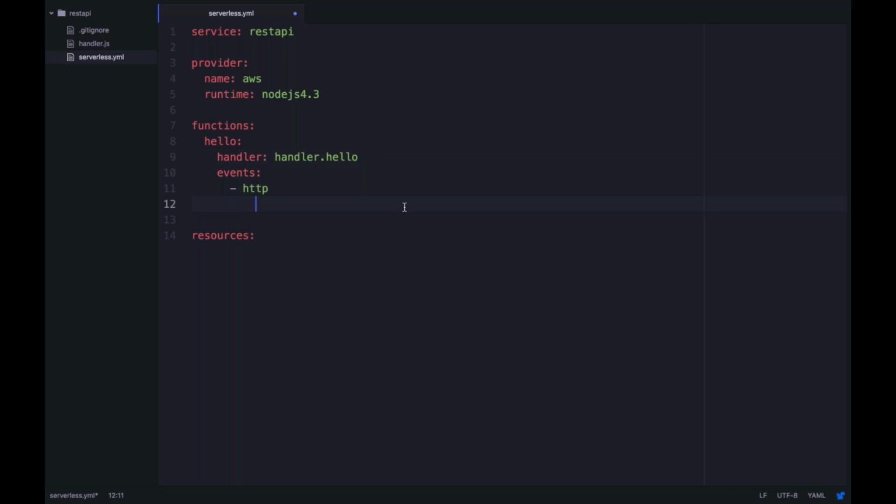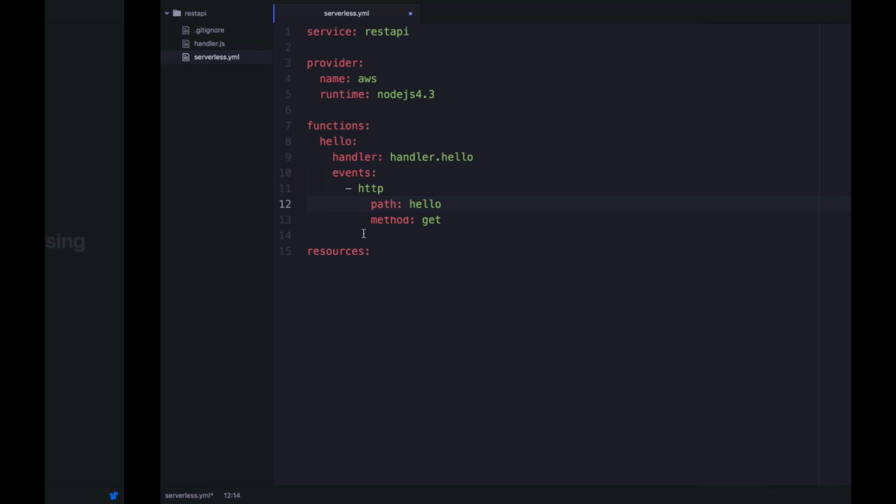So we're going to add an endpoint to this. We'll put the path as hello. We'll put the method as a get method, and that's it. So events, you could have one or multiple events that trigger this Lambda function. We have a whole bunch of different types of events. You could view our documentation, like an S3 bucket upload or a DynamoDB stream, for example. And all you have to do is just put these in the array here. And all these events will automatically trigger your Lambda functions.